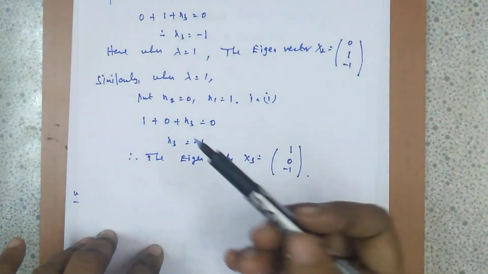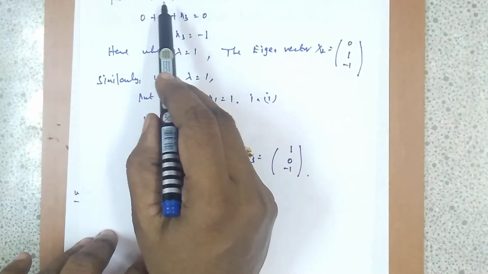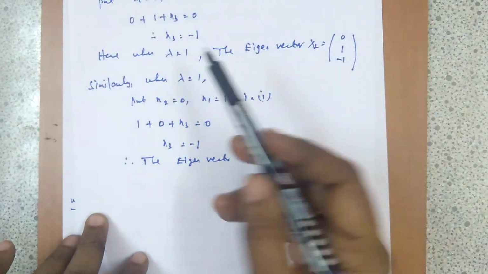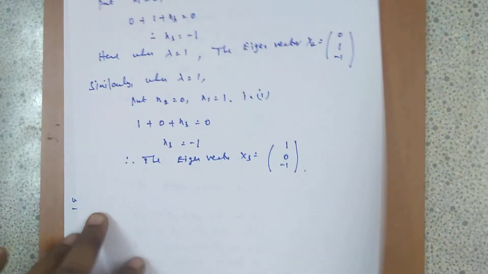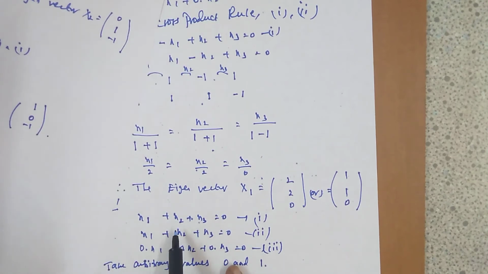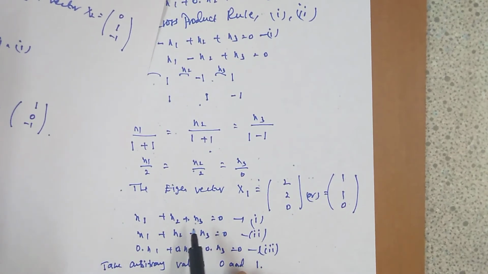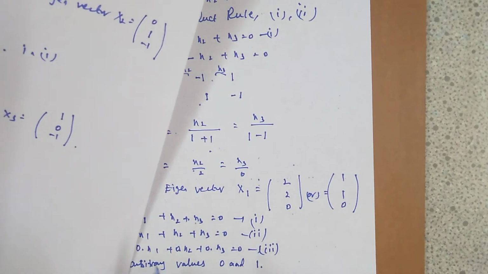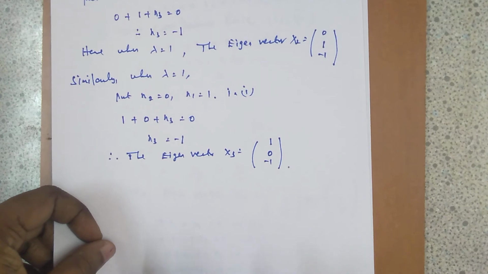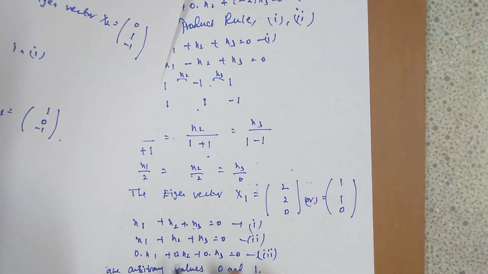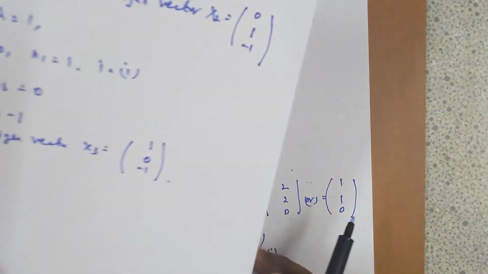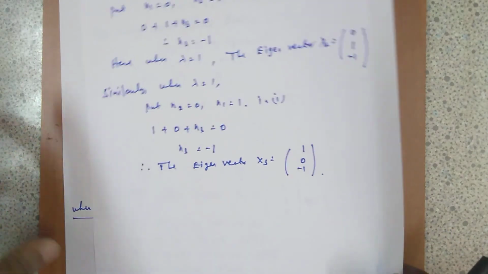You may have a doubt that why ma'am we can give only the arbitrary values for x1 and x2. Is there any procedure? It's not like that. You can give the arbitrary values for any two unknowns in this equation. Instead of x1, x2, you can give it for x2 and x3 also, or x3 and x1. Choice is yours. And moreover, we should know that eigenvectors are not unique. So you can give arbitrary values for any two unknowns to get the third one. So likewise, only we have to do the problems for equal eigenvalues.